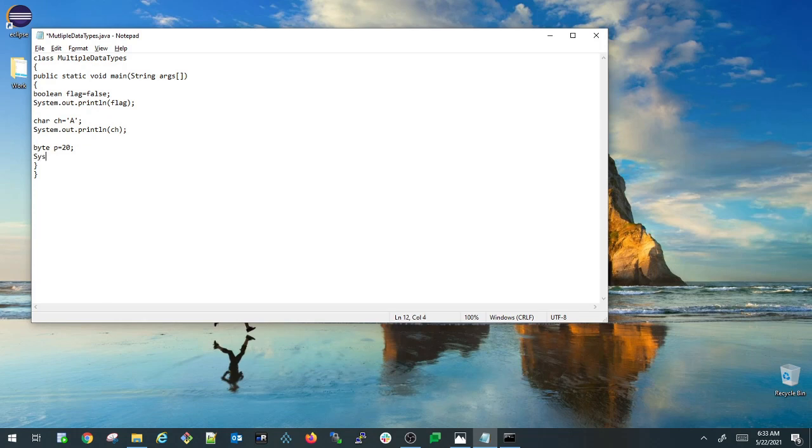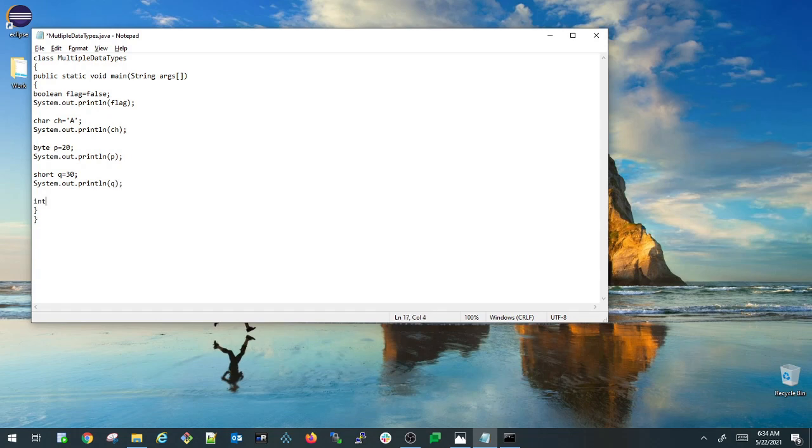So I'm just going to print the same thing here, system dot out dot println, and I'm just printing the byte variable p here. So I'm going to define my short variable also, short q equals to 30, and I'm just printing the same thing again, system dot out dot println, and then I'm printing q.